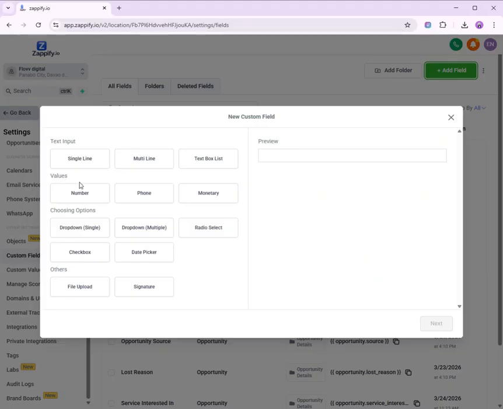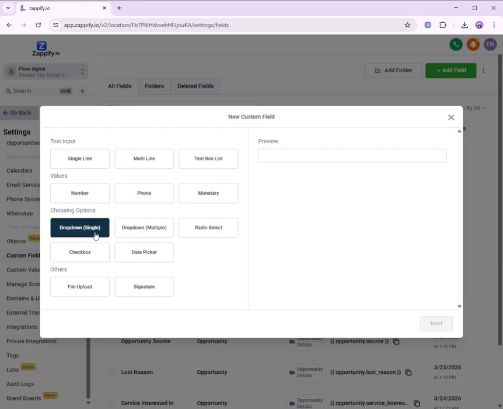So let's say for example, it can be check the box, drop down, radio select, or date picker.